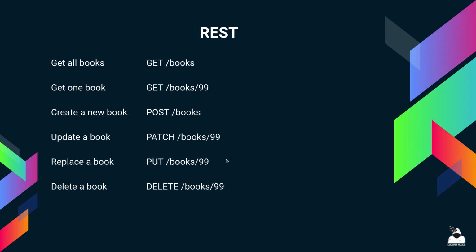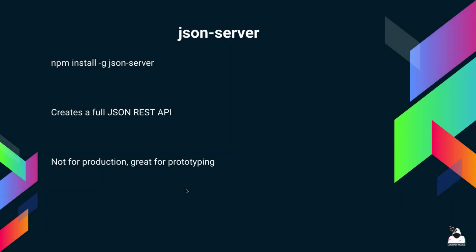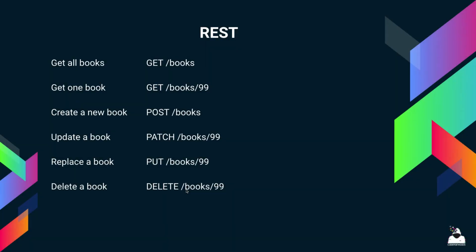Put basically means you want to update something, and when you say update, you mean, for example, change the name or change the size of one of the criteria of one of the objects. Yes, exactly. So one of the attributes. So usually if you want to change the title of the book, or change its price, for example, you would do a put, right? You would change it. Think of it as overwriting. Yeah. And deleting a book, obviously that's quite self-explanatory. So you could delete a book from the server.